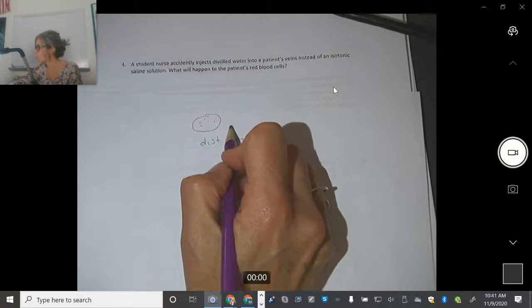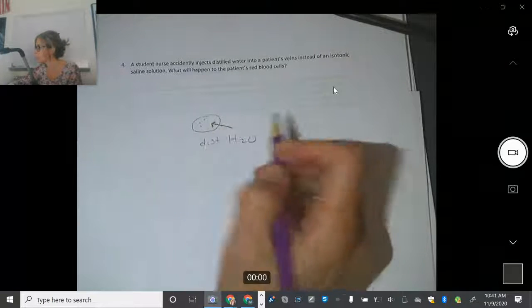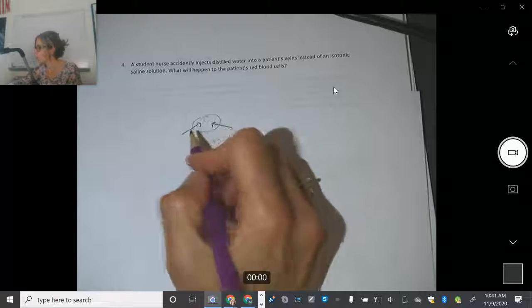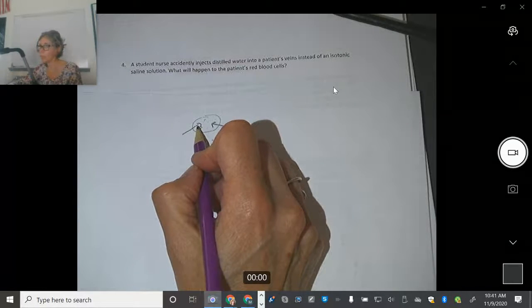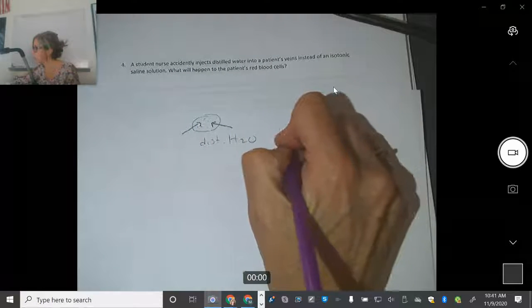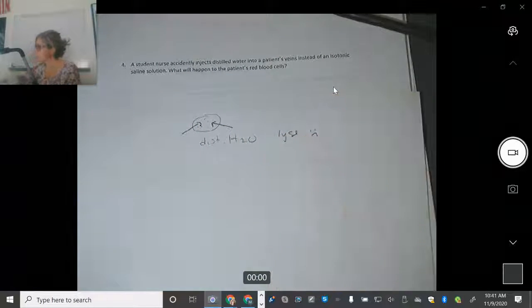The water is going to go from high concentration to low concentration of water, or water chases solute, right? The water is going to go into the solute, meaning from low to high solute concentration. So the cells might lyse. Okay, that's number